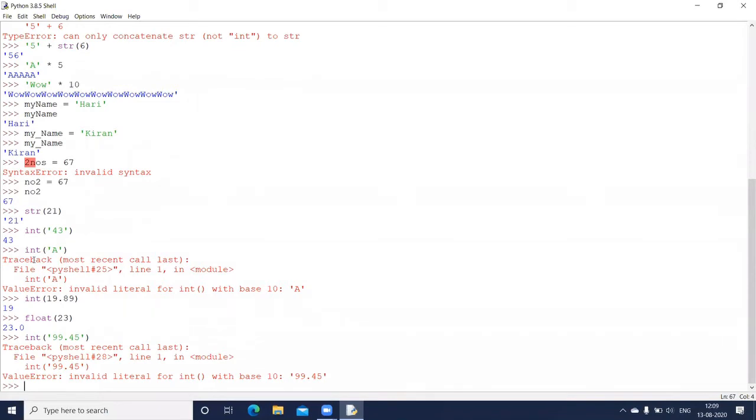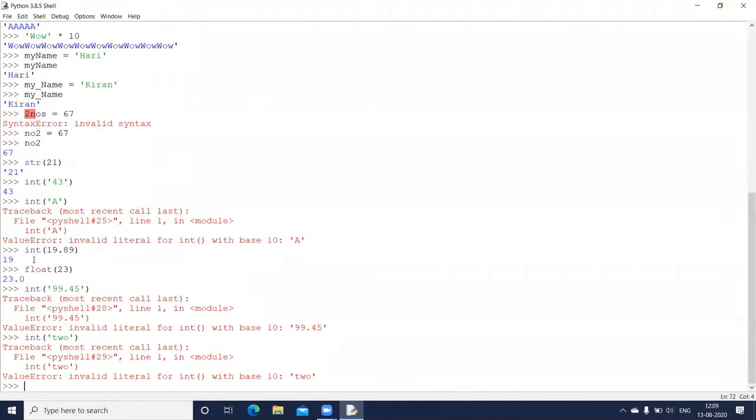So while converting, it is not able to convert this into an integer value, right? So do not try like this. Neither can I write int, and in single quote if I say TWO, it's not going to convert this into a numerical code. Okay, again invalid input, right? So invalid literals for both the cases.